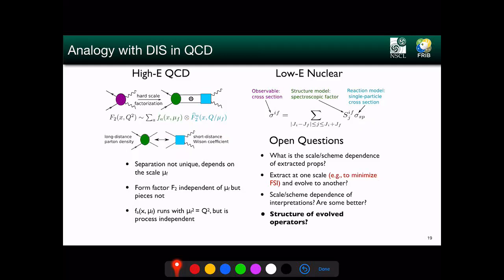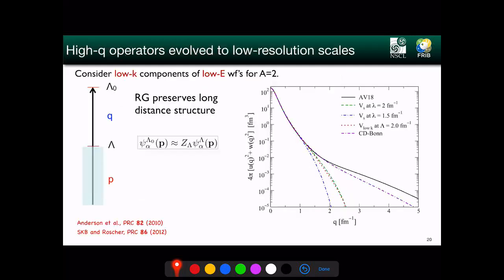Same thing with interpretations. And the most important thing to understand this is, what is the structure of these evolved high momentum operators under the RG? And so to explain that, I just have kind of a simple qualitative hand-waving argument here to dissect the form of these RG evolved operators, focusing on operators which probe high momentum modes in the high resolution theory. So let's start off by looking at two-body wave functions, and let's look at the low momentum components